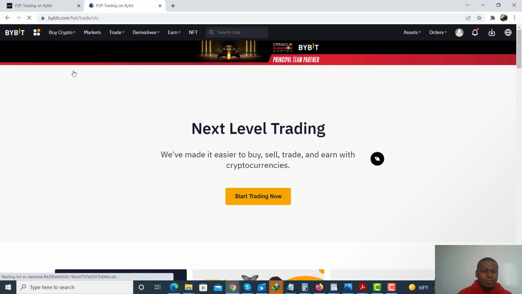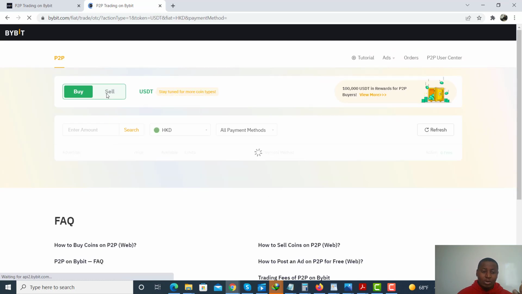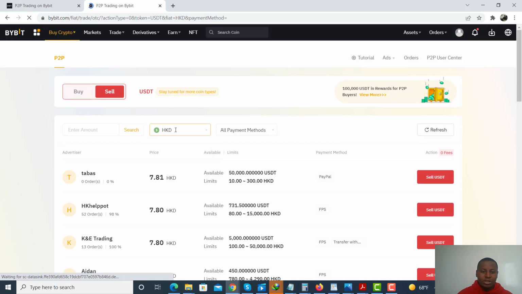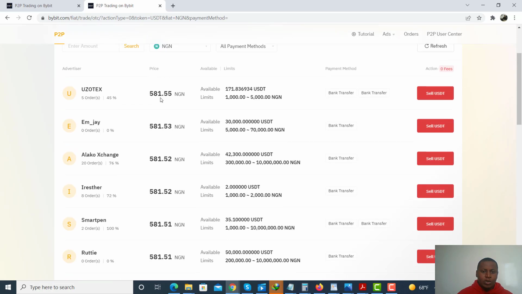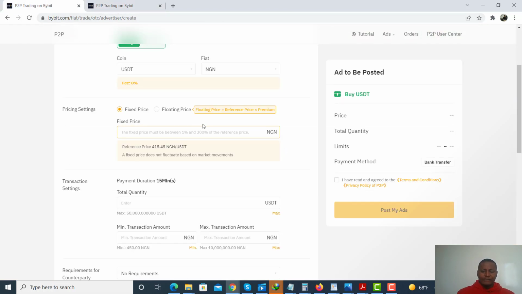So P2P trading. Remember we are buying now, so I'm going to go under sell to know what price I'm going to buy it at. Change this currency to Naira. Okay, so Uzotech guy is now a competition, like we said. MEJ is a competition, but I could just place 581.56, just to be like the number one here. So I just do 581.56 as my buy price,